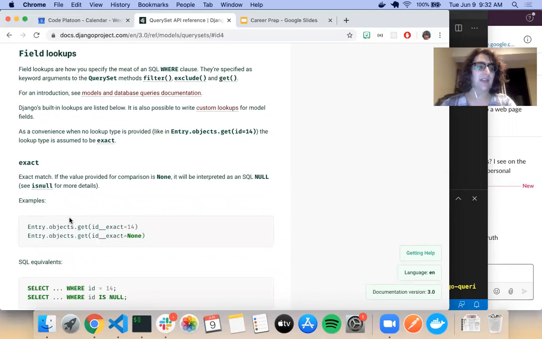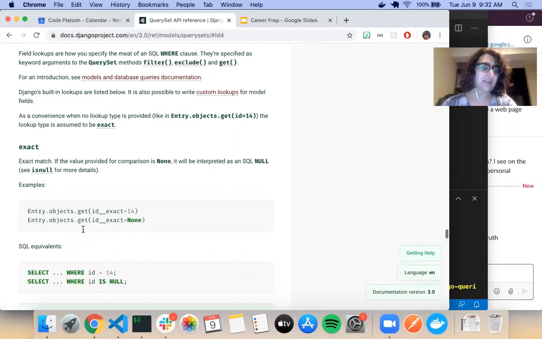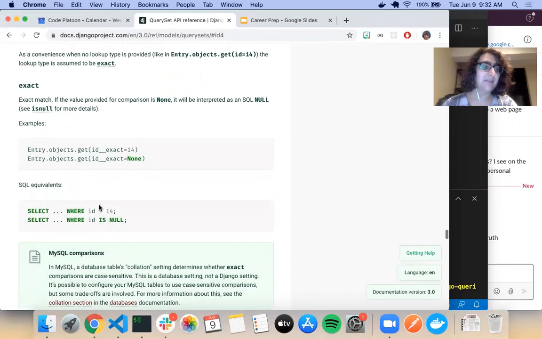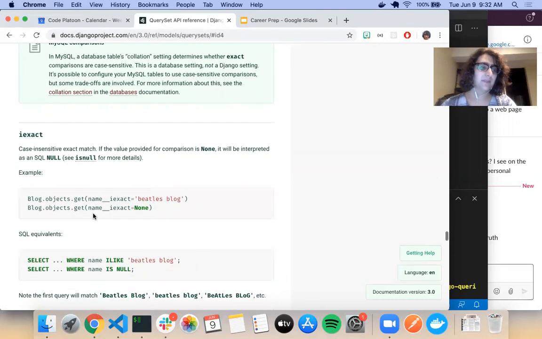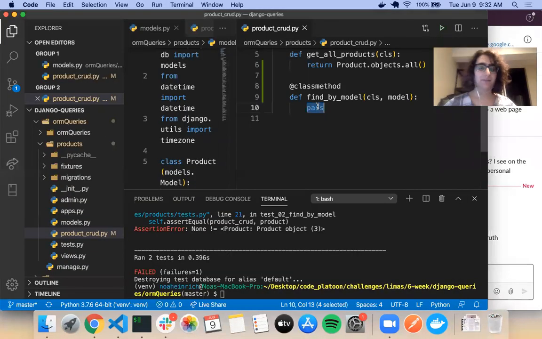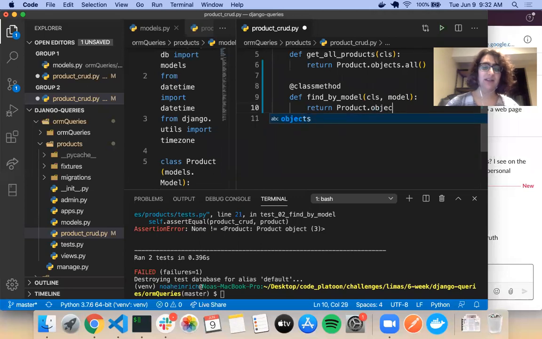So there's also objects.get, which looks like they have a way of doing it there. So they have ID, case insensitive exact match. So maybe this is something we want to use. They have name dunder iexact, which makes it case insensitive. So we can try .get instead of .filter because we just want one of them, I think. So we'd return Product.objects.get,